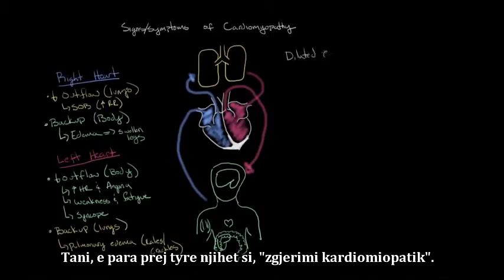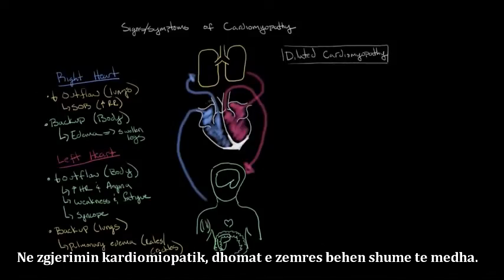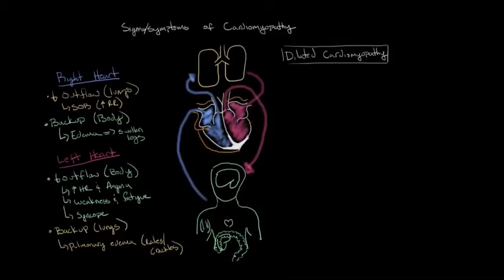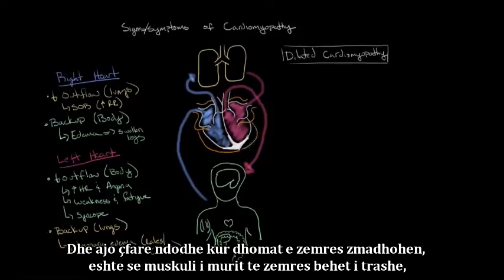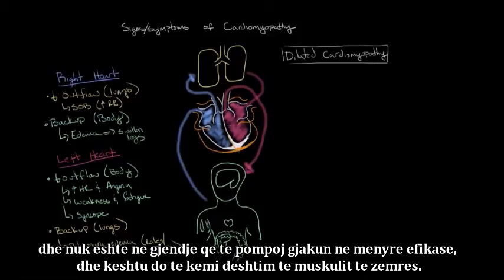Now, the first one is known as dilated cardiomyopathy. And in dilated cardiomyopathy, the chambers of the heart get really big. So I'm going to just kind of draw that in here. And what happens when the chambers of the heart get big is that this muscle of the heart wall gets really thin, and it's not able to pump blood quite as efficiently,